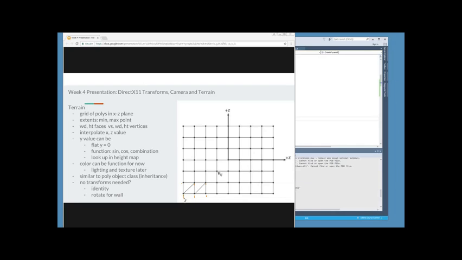This will be 0. This will be 0. This will be 1. This will be 2. All the way to whatever the width is. So this last one will be the width in vertices minus 1, and then width plus 1, width plus 2, and we'll have several